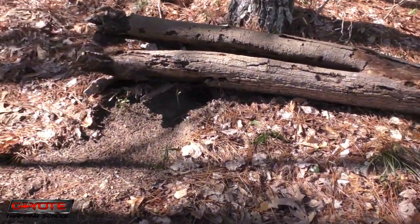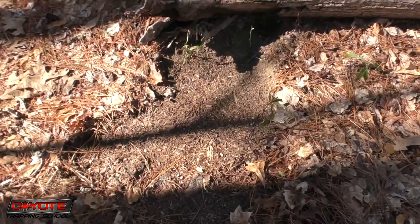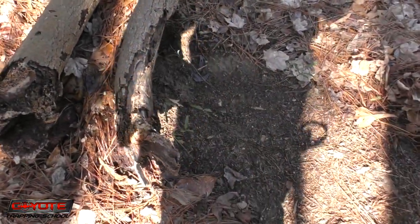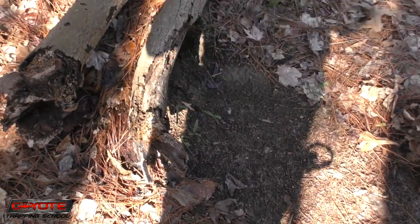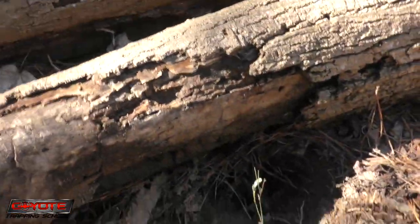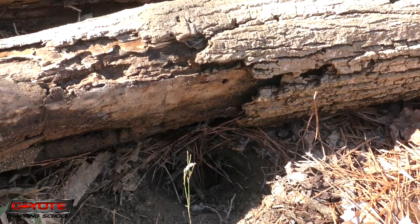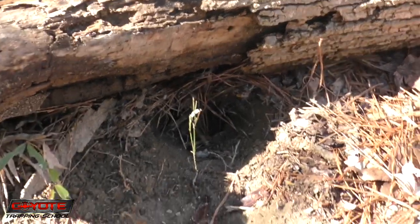Here's a set I put in before all the rain, just to give you an idea. With the shadow, you're probably struggling to see, but with the peat moss filling in the jaws of the trap, you can tell, or I hope you can tell, I actually dug that hole straight up under that log, so it kind of protected it from the weather. Thoroughly disappointed I haven't caught anything yet, but